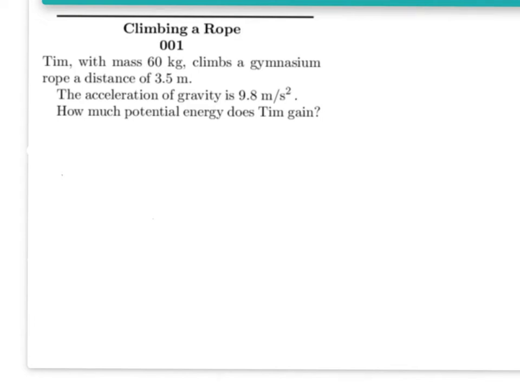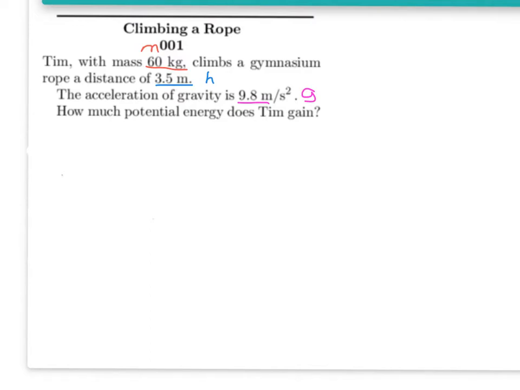Alright, Tim has a mass of 60 kilograms, so this is our value for M, and he's climbing the gymnasium rope a distance, or a height, of 3.5 meters. The acceleration due to gravity, that is going to be 9.8, so this is our value for G, and the question is asking us for